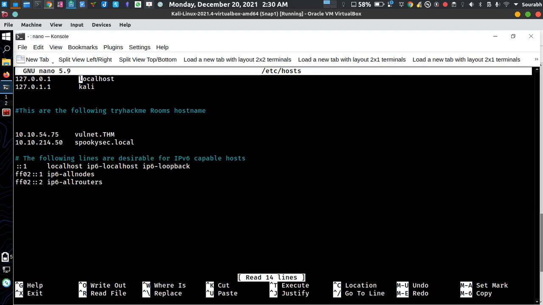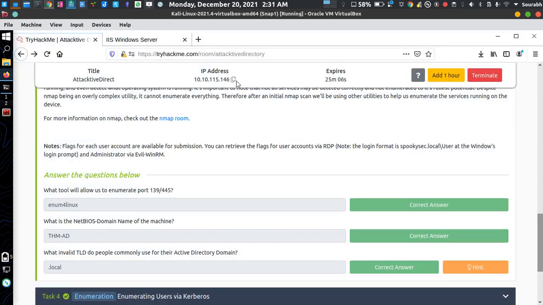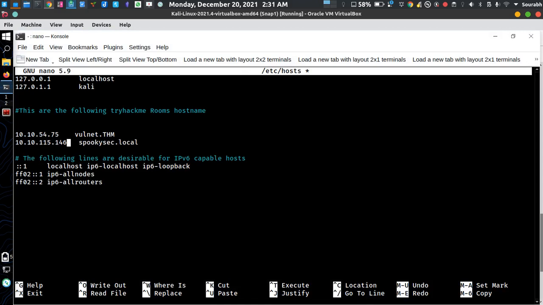So you just know about the localhost, and you just know about the Kali host. Okay, so I just have to erase this first and copy this in order to give you the information in a nice manner. Okay, so I copy this IP and paste it over here.